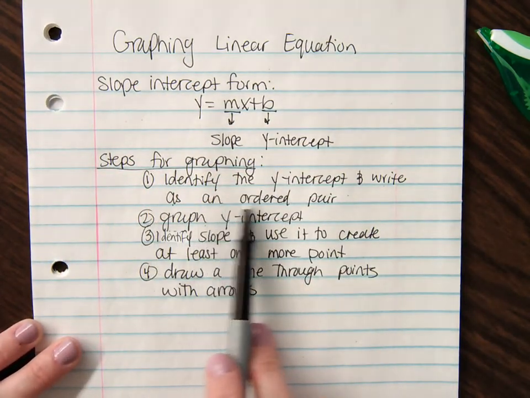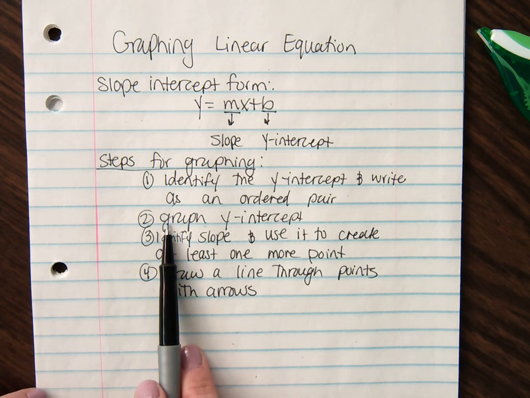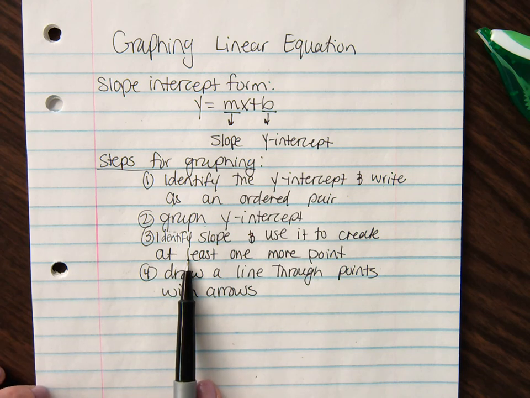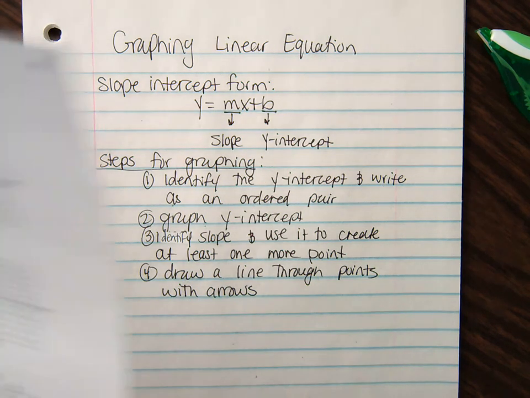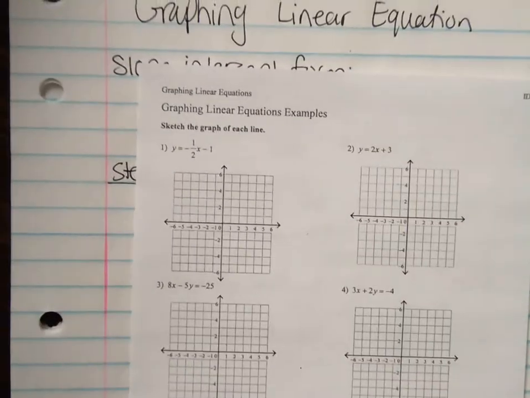The first thing we're going to do is identify the y-intercept and write it as an ordered pair. We're going to graph that y-intercept. After we graph the y-intercept, we're going to identify the slope and use that slope to create at least one more point on our graph, and then we're going to draw a line through the points and make sure it has arrows on it. So if we look at example 1,